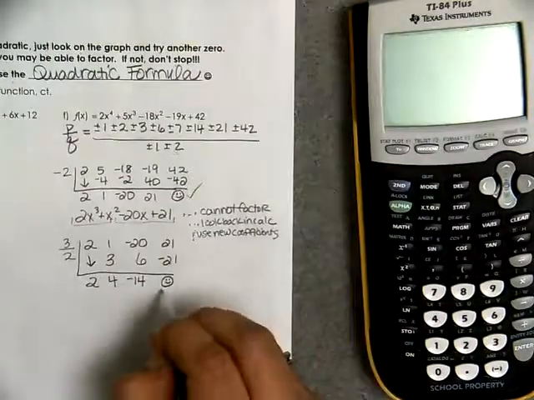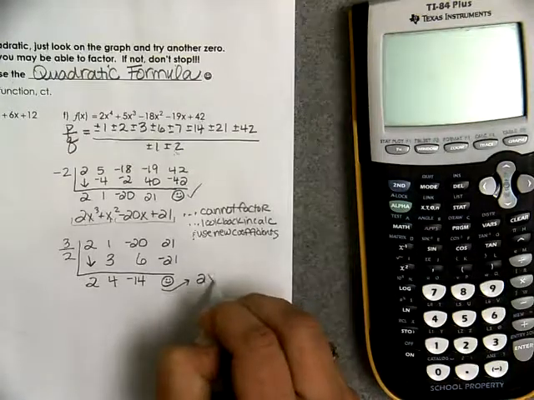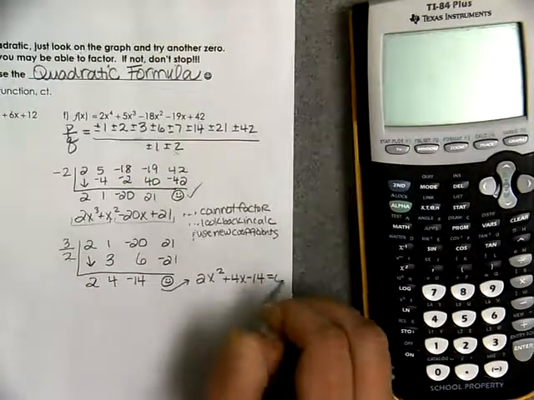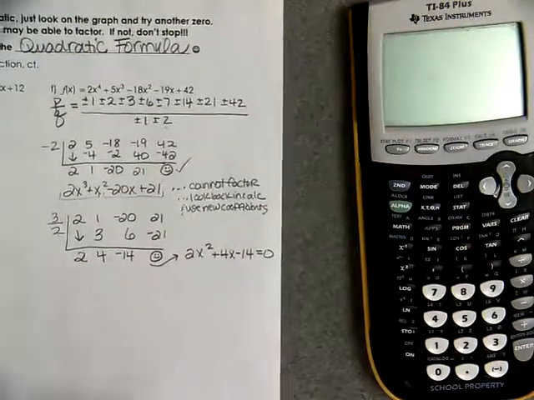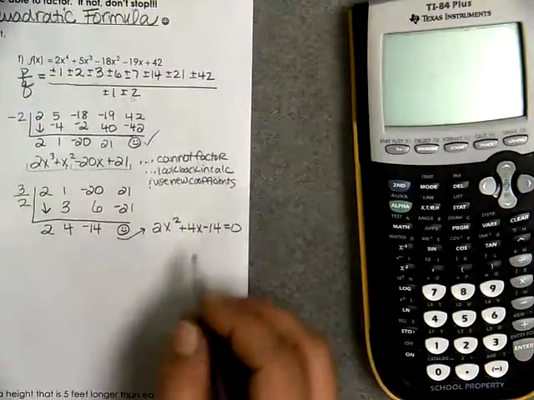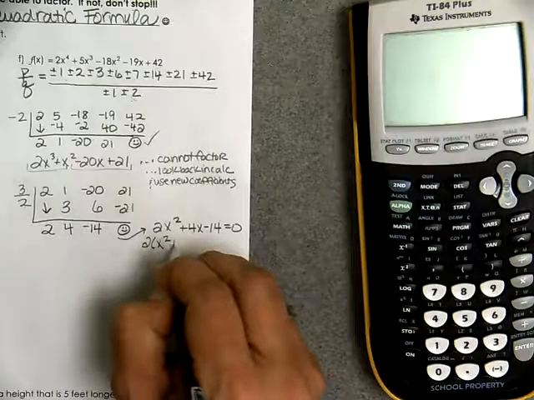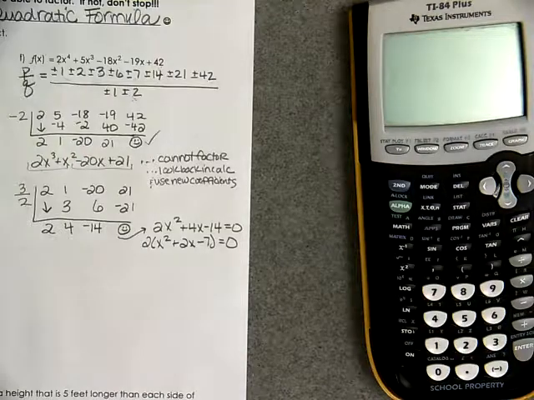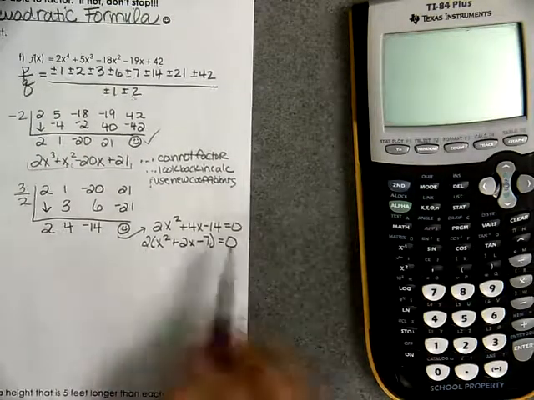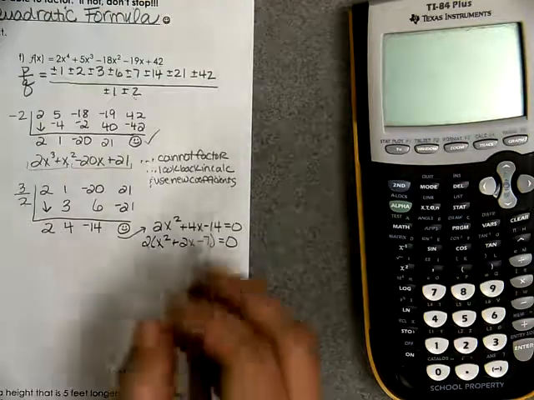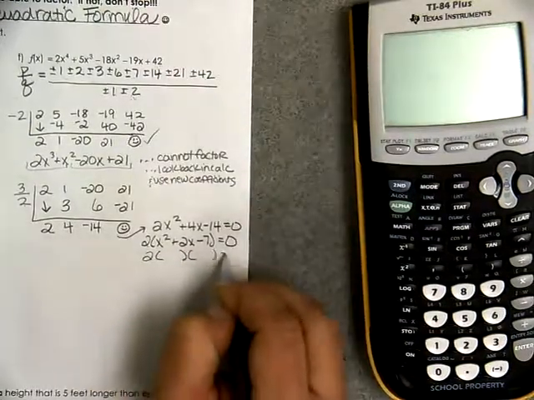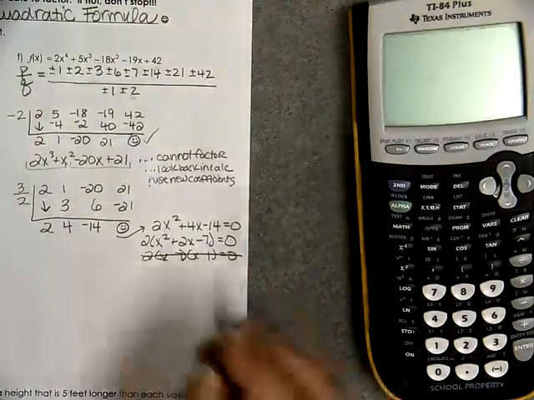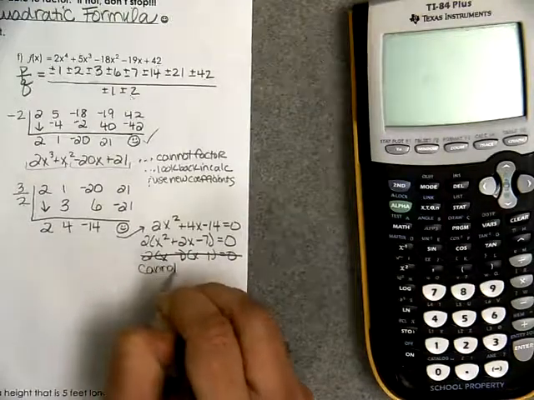So what happens is I have this 2x squared plus 4x minus 14 equals 0. I've now got a quadratic, so that's very exciting. So we could try to factor. I might try to factor out the GCF first, and I get x squared plus 2x minus 7 times 2 equals 0. And then if I try to factor, I can see that there aren't going to be factors of 7 that work. So remember, if you cannot factor a quadratic,